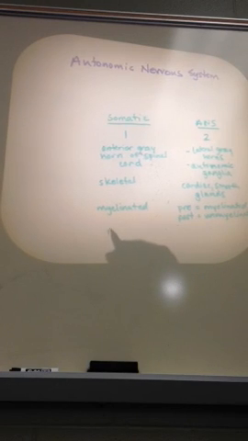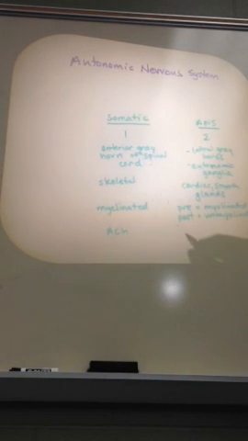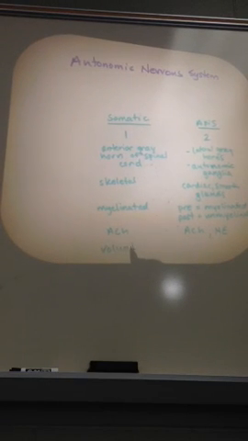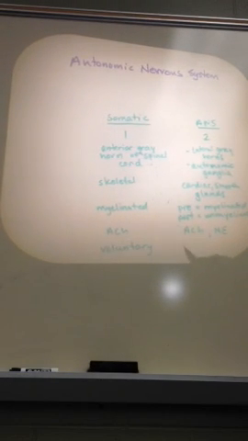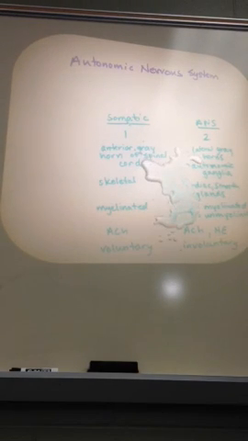Neurotransmitters secreted. In the somatic nervous system, all neurons secrete acetylcholine. In the autonomic nervous system, most secrete acetylcholine, but some secrete norepinephrine. And then lastly, you have to note that the somatic nervous system is under voluntary control, and the autonomic nervous system is involuntary. So that's the basic difference between the somatic and the autonomic nervous system. But next, we're going to describe just the autonomic nervous system. So the autonomic